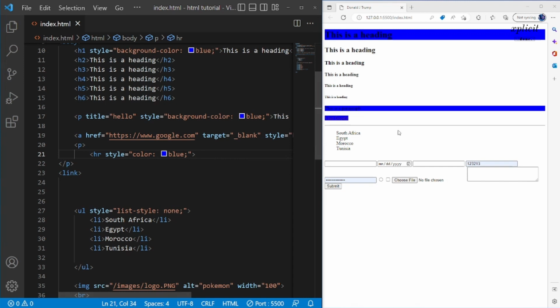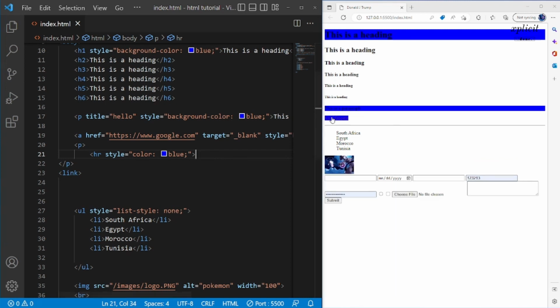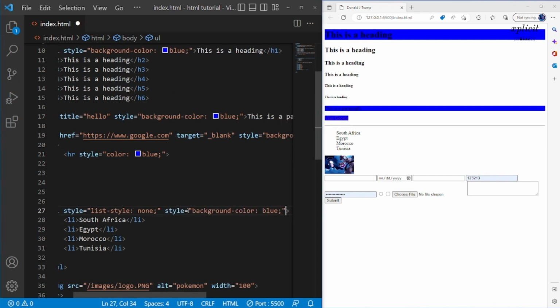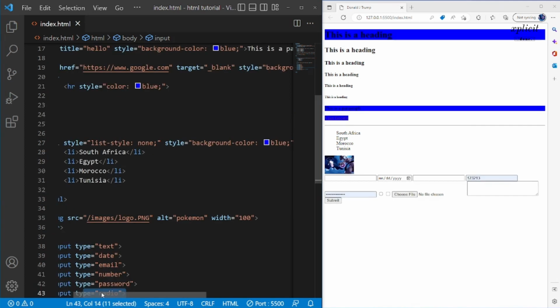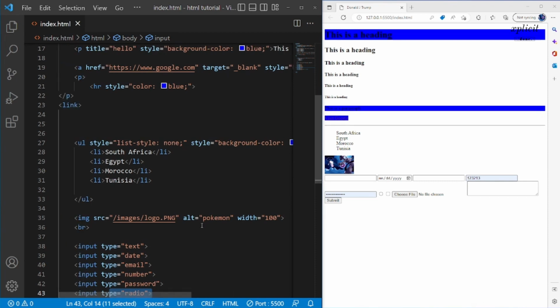So this as well is a block level element, same as this, and then this one as well. So although they're not visible, my PC is very slow. Okay, cool. So although they are not visible, what I want to say is